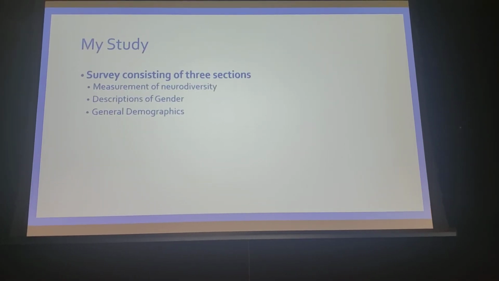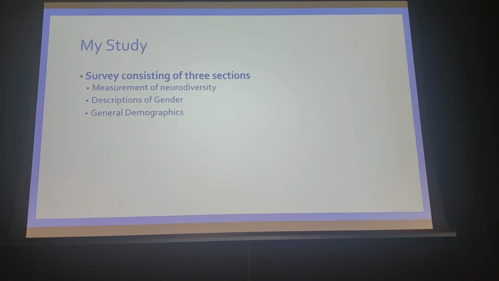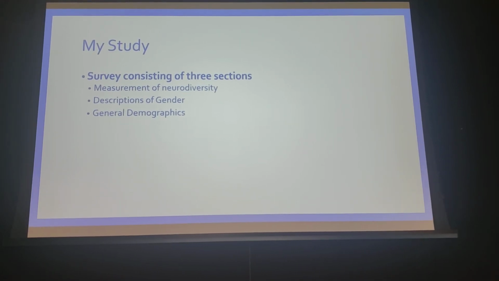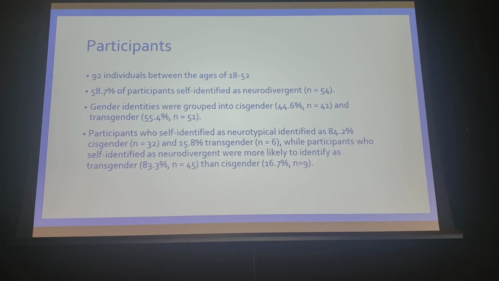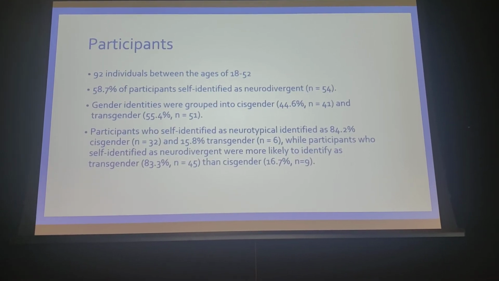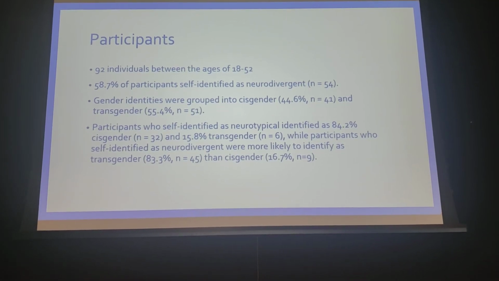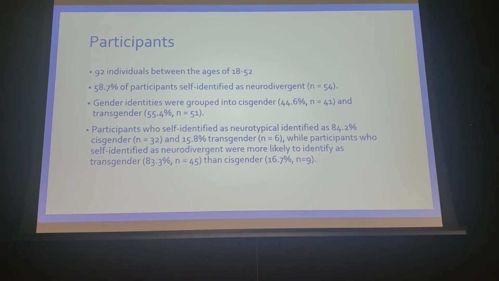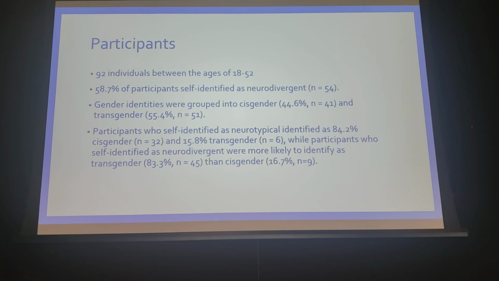Moving on to look at what my study was consisting of. It consisted of 3 sections: a measurement of neurodiversity, descriptions of gender, and then general demographics. My participants ended up being 92 individuals between the ages of 18 and 52. 58.7% of my participants self-identified as neurodivergent, and then I grouped my participants into cisgender and transgender, and it was